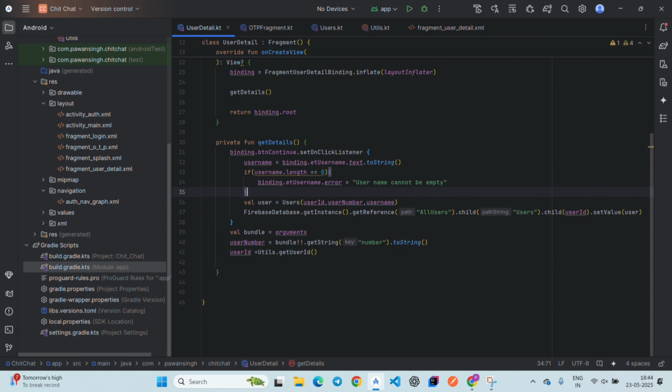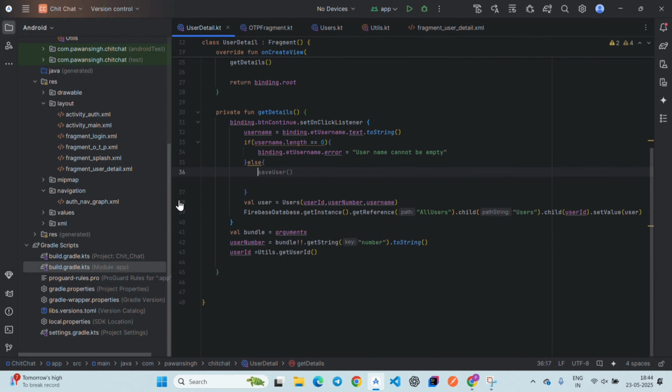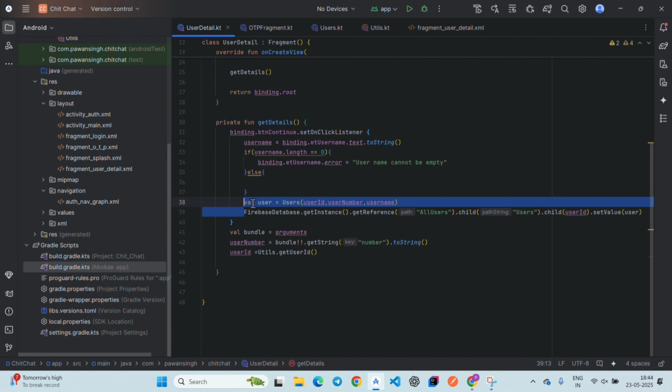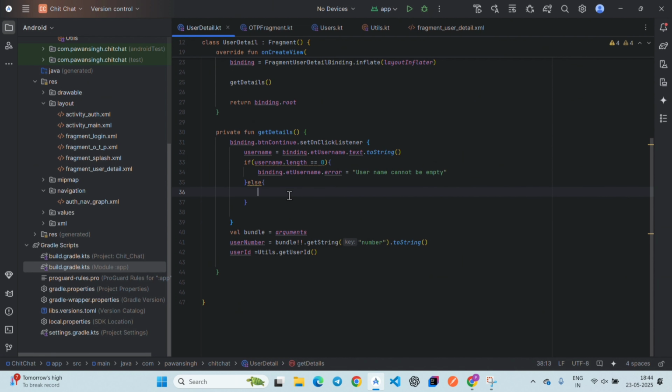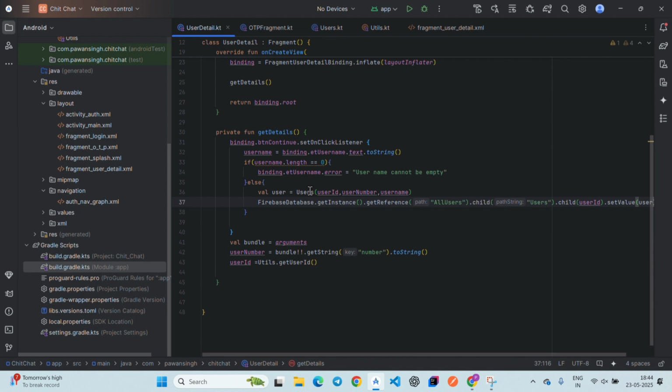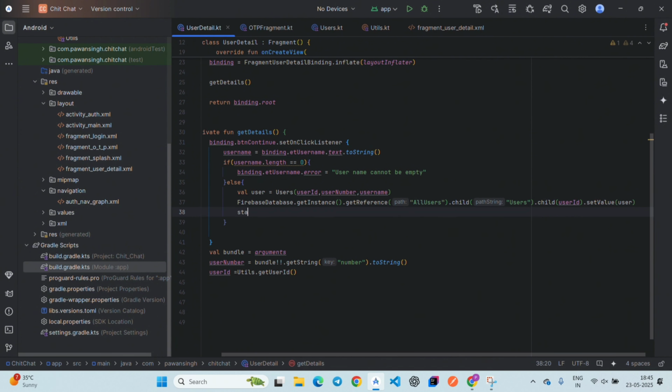So that's it. And inside the else condition, if the username is not null, what we will do is cut this code, not this one, cut this code, and paste it inside the else condition. So after taking details from the user and saving it to the Firebase,